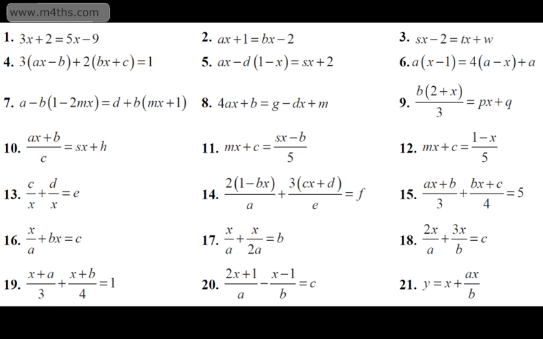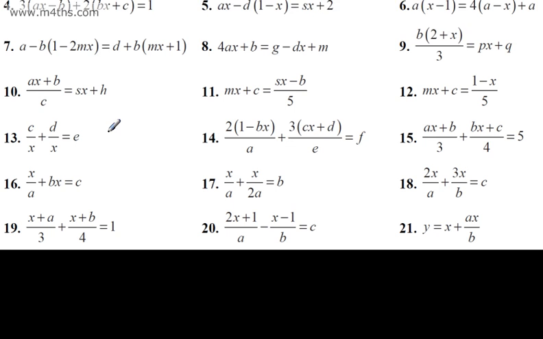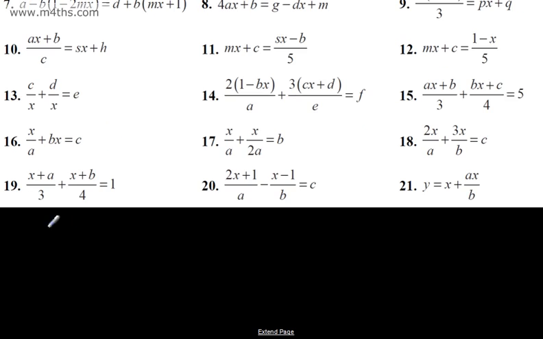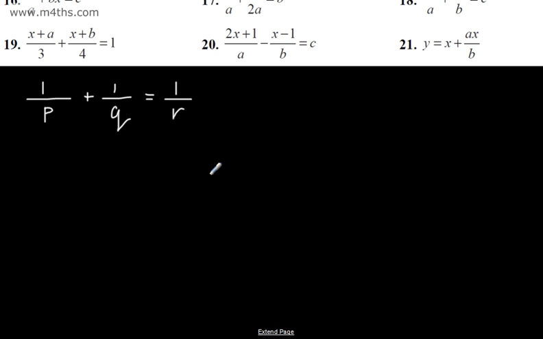Okay, let's move on. We've done an hour. We'll see if we can find any more to work on that look a bit nasty. In fact, let's just look at one. Let's go for 1 over p plus 1 over q is equal to 1 over r. What we're going to do is, and this is quite a nice one, let's go ahead and make q the